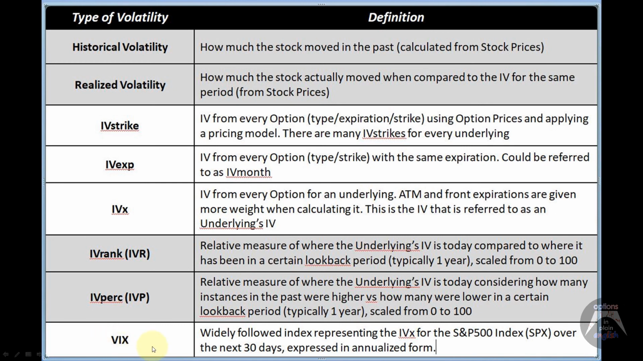And finally, the VIX is a widely followed index representing the implied volatility for the S&P 500 index, SPX, over the next 30 days, expressed in annualized form. So it's a short-term indication of volatility, but expressed in an annualized form. So how much it would move in a year, assuming that the move is taken from the next 30 days. It's widely followed. It's a good single value to look at